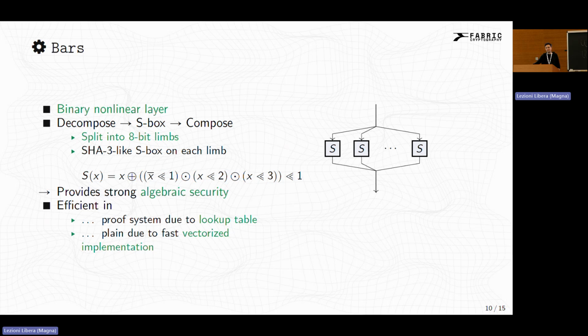Just a last question. Thanks. I was wondering about this limb decomposition because your prime is slightly smaller than 2 to the 32 or 2 to the 64, so you don't have exactly 4 full or 8 full words. How do you deal with it in the S-box? That's a really good question. The S-box is still composed of 4 16-bit elements or 4 8-bit elements or something like that. But we do need an additional technique in the proof. We need to prove that the input element is actually a canonical field element. Because otherwise we could apply any S-boxes and mimic a permutation which is